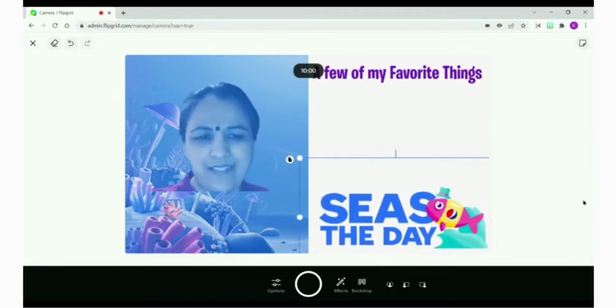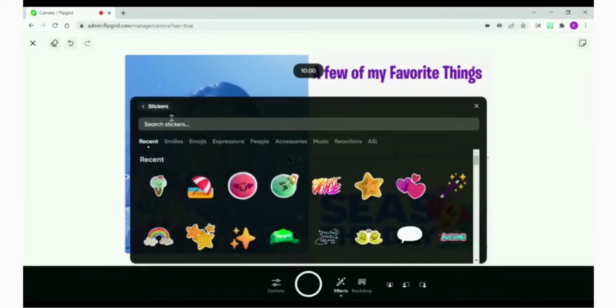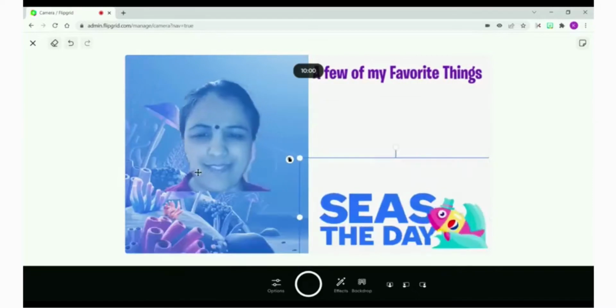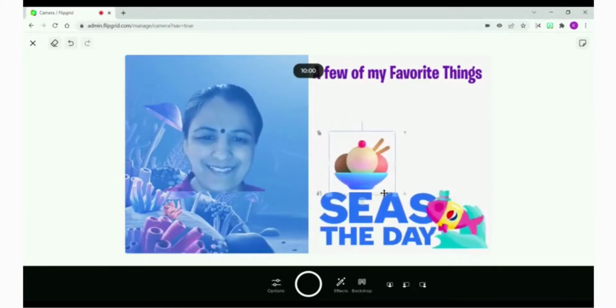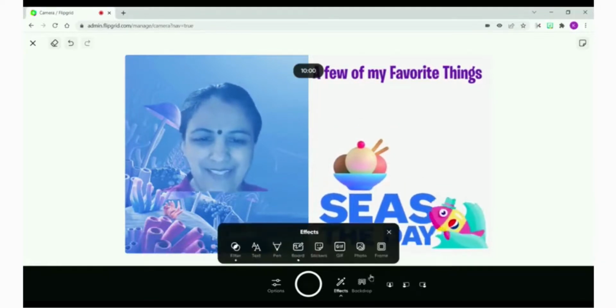Okay, after that, let's have something that I like to eat, and that would be ice cream. This looks appealing. Okay, after that, so we've tried out stickers, we've tried out chip.